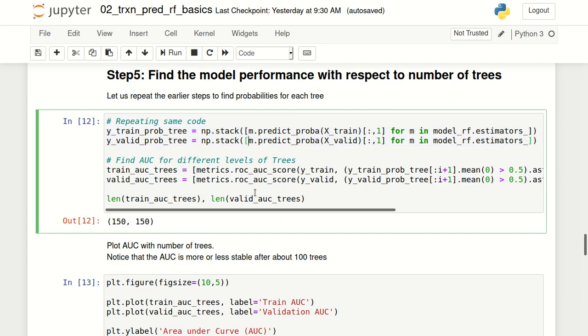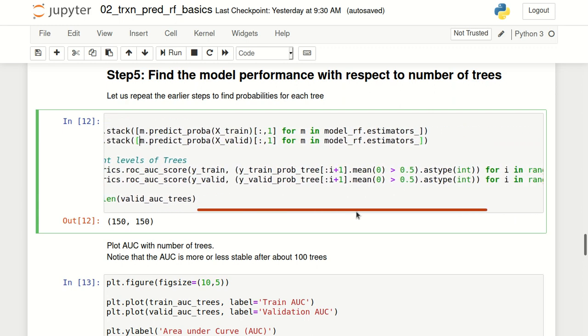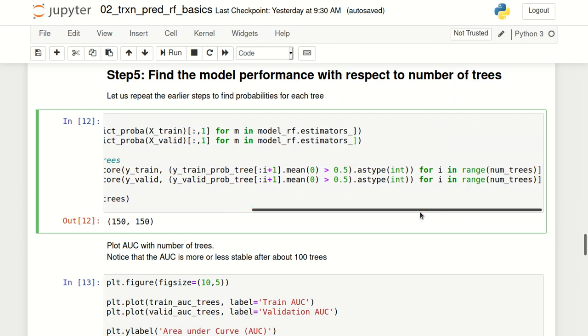And now we can use all these probabilities to give us the combined score for one tree, 1 plus 2, 1 plus 2 plus 3, and so on. As you see in this particular line of code, we have a loop which runs for the number of trees that we have in the data.